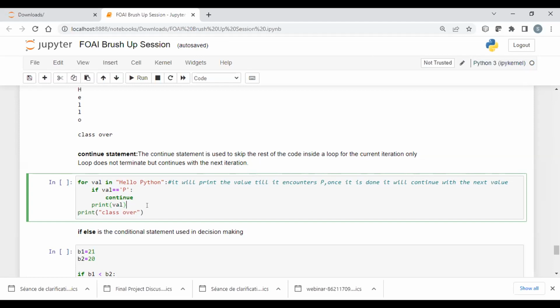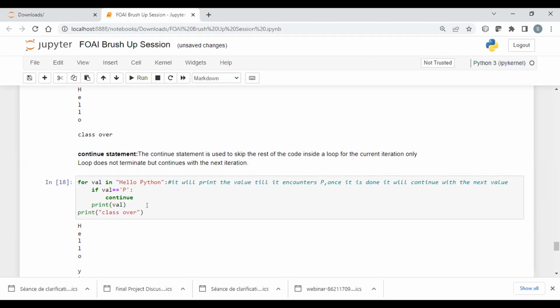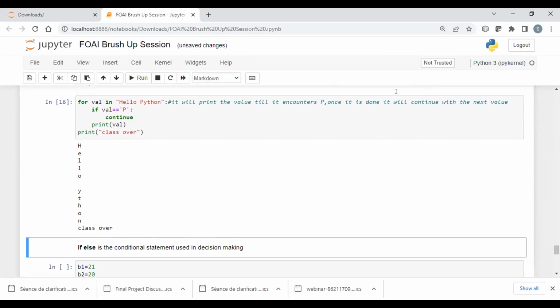Okay, let us run the code and check. Yes, that is right, as mentioned by you all, it is not going to print p. Except p, all the letters and the final statement will be printed.